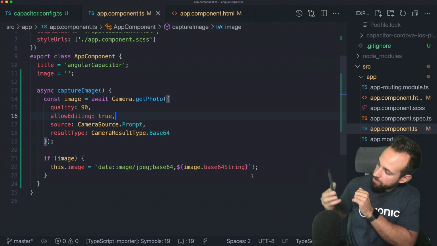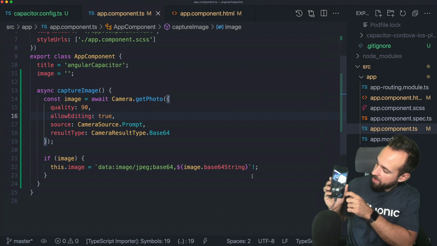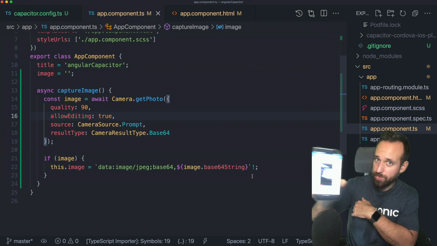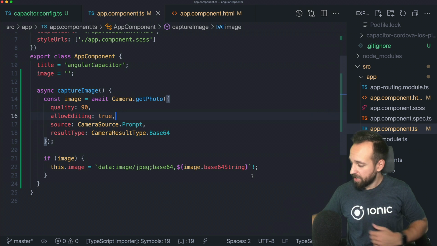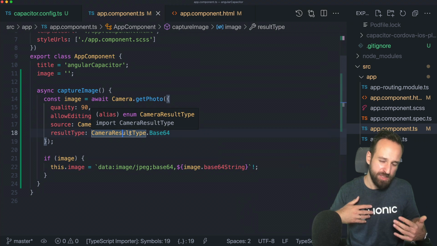As you can see, take picture. Hopefully that just shows green. But of course, I could now select an image, snap an image, and it will work completely the same on Android as well. Hope you can see this. Okay, what I wanted to show you is one more thing, because at this point you might ask yourself,